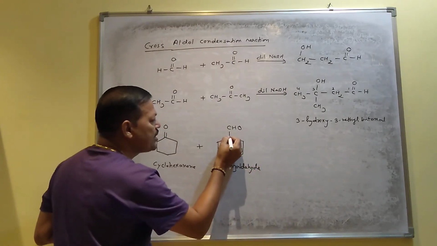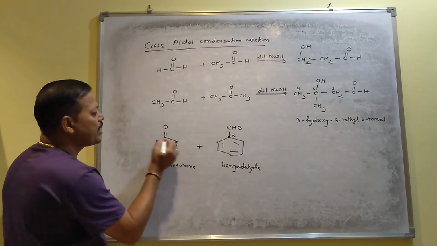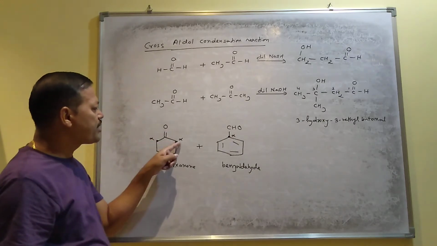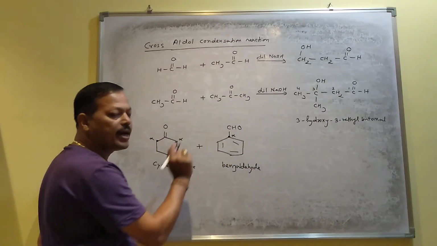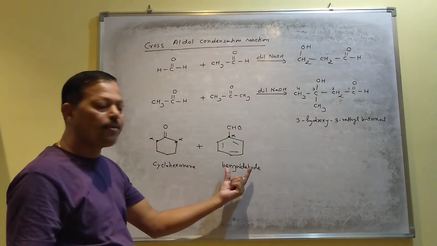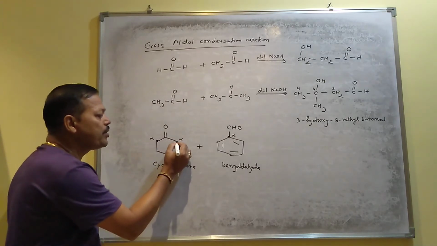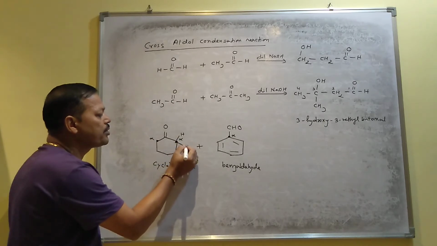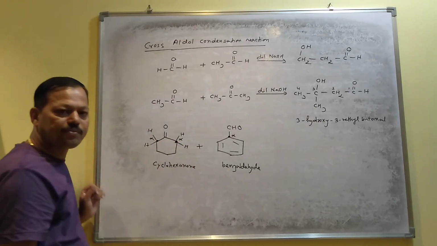You know, this is the alpha carbon, and here this carbon and this carbon are said to be the alpha carbons because this is your functional group. The next carbon is called alpha. This alpha carbon does not contain any hydrogen. I mean this compound does not have any alpha hydrogen, but this compound contains alpha hydrogen because this carbon contains only 2 bonds. I mean 2 hydrogens are present with the carbon. Similarly, this carbon also contains 2 hydrogens.